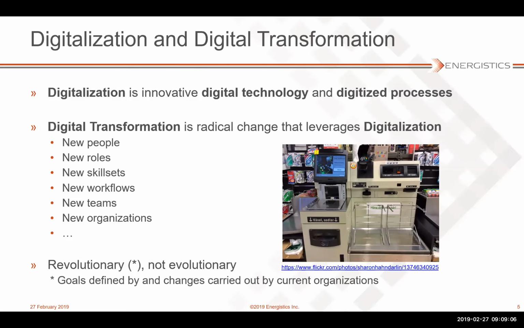So the illustration that I have here is a self-checkout scanner at a grocery store, which I think pretty much everyone is familiar with. But for me, that's an example of a digital transformation that the grocery industry has already gone through, where the self-checkout machine itself is kind of the digitalization. So it's digital technology and digitized processes. It's brought a weight sensor and some cash handling and automated payment acceptance with a new console that users interact with. And it's brought those together to enable new processes in the supermarket.